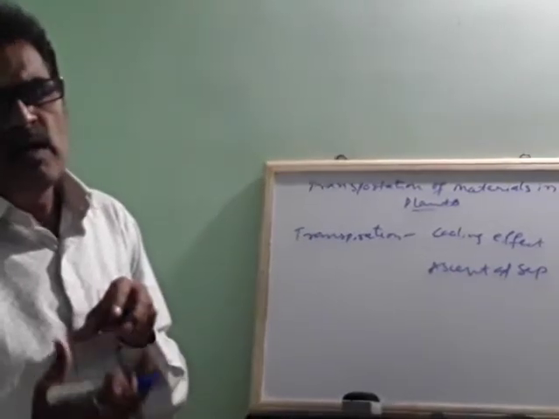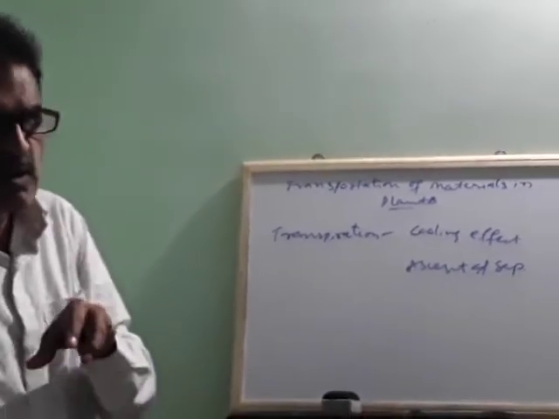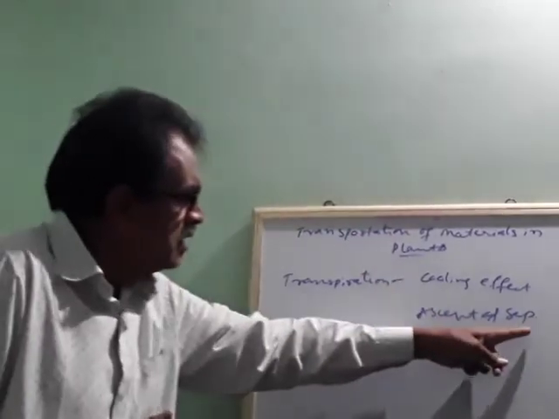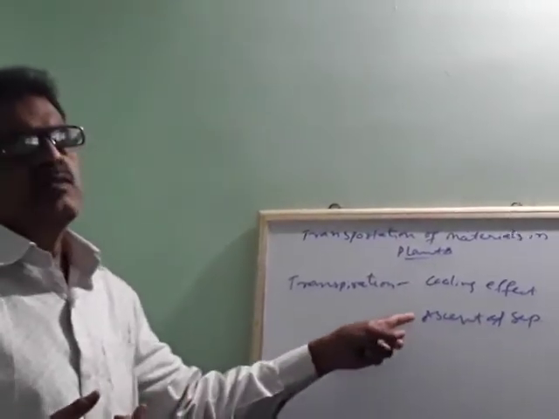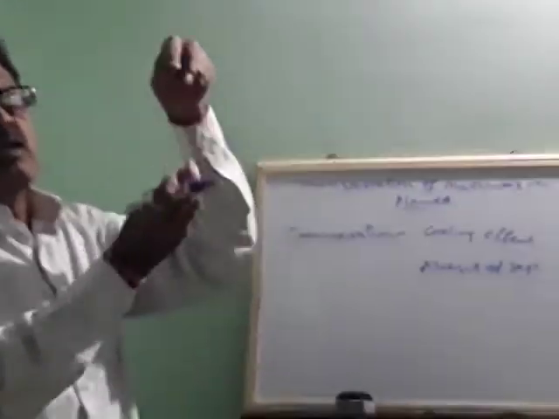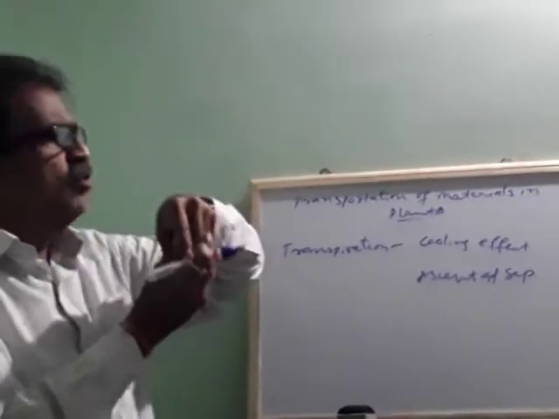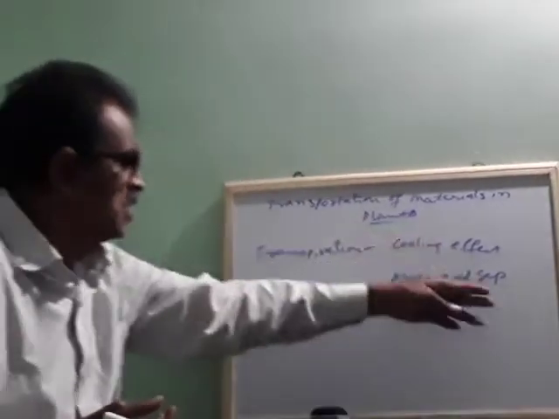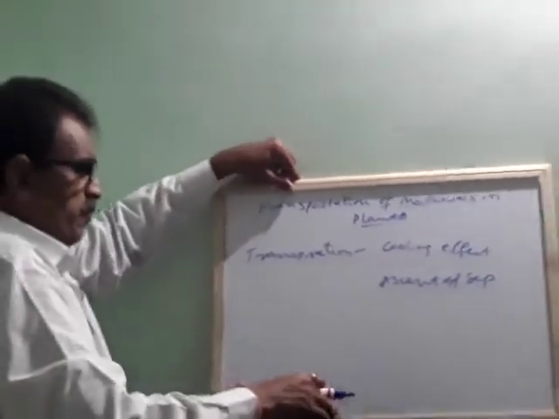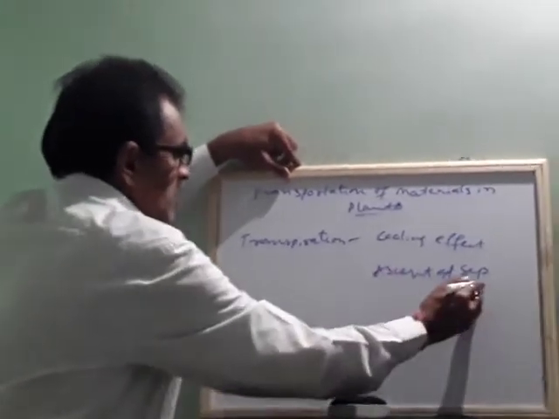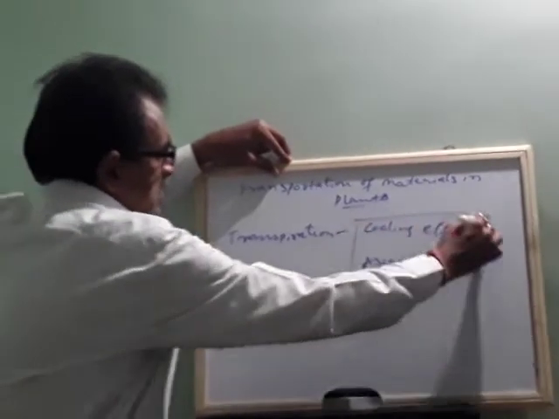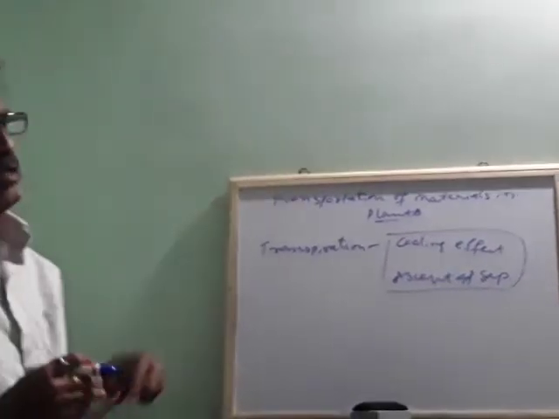And ascent of sap is nothing but the movement of particles from the lower part of the plant, from the root to the stem and all parts of the body. Energy is transferred from one particle to another particle, and it moves to the upper part. So that's called ascent of sap. So transpiration helps in this way, and I think I have discussed this already. Cooling effect is due to ascent and due to transpiration.